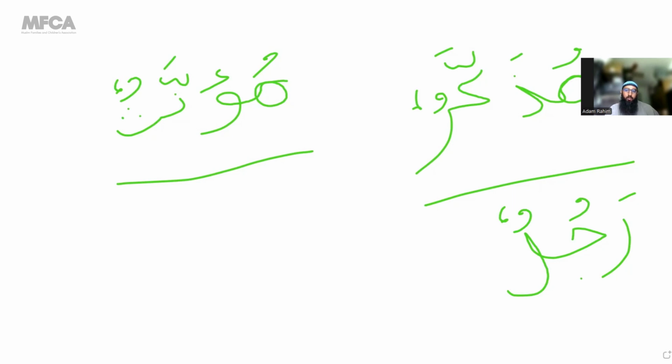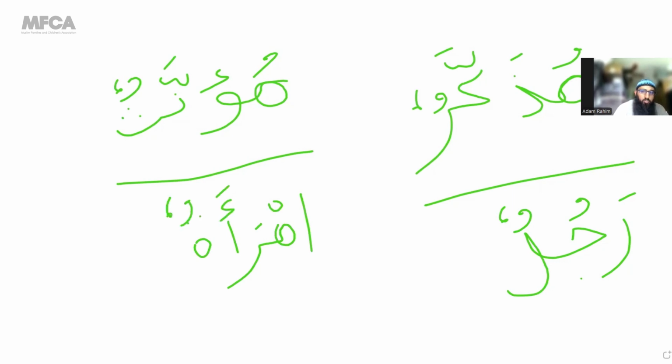A man, right? That's a masculine word, right? A man. Now, if we take this word imra'atun, which means a woman, that's a feminine word. Another word would be the word kitab, which is a masculine word. Kitabun. Or if we take a feminine word, for example, the word